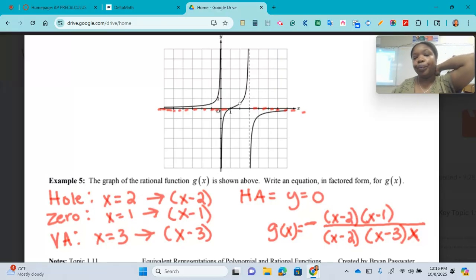So, on the left side first, as x goes towards negative infinity, our y is going towards 0. On the right side, as x is going towards positive infinity, our y is going towards 0. So, our leading coefficient is -1 because